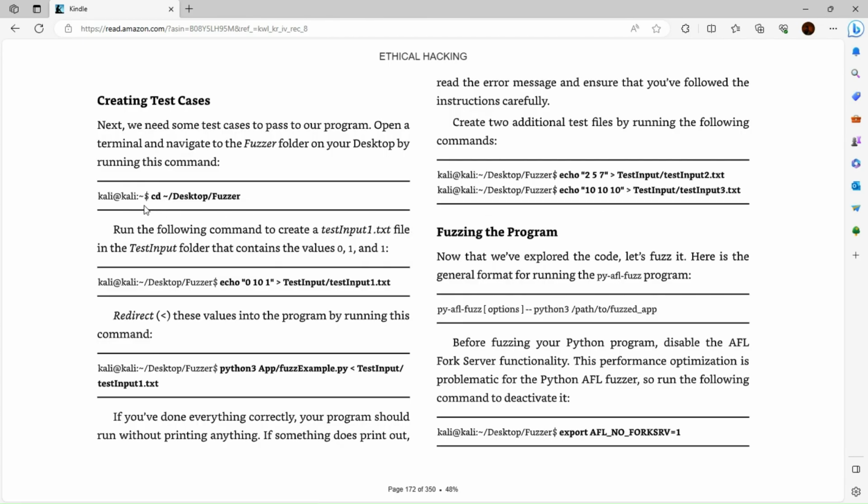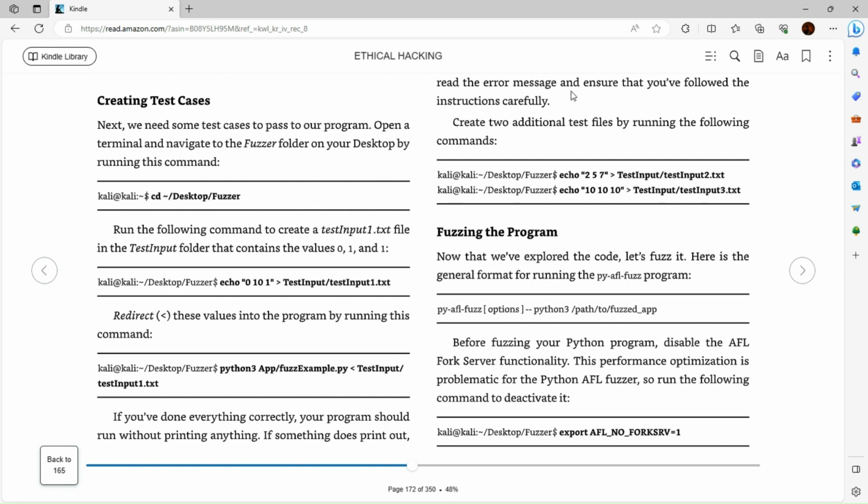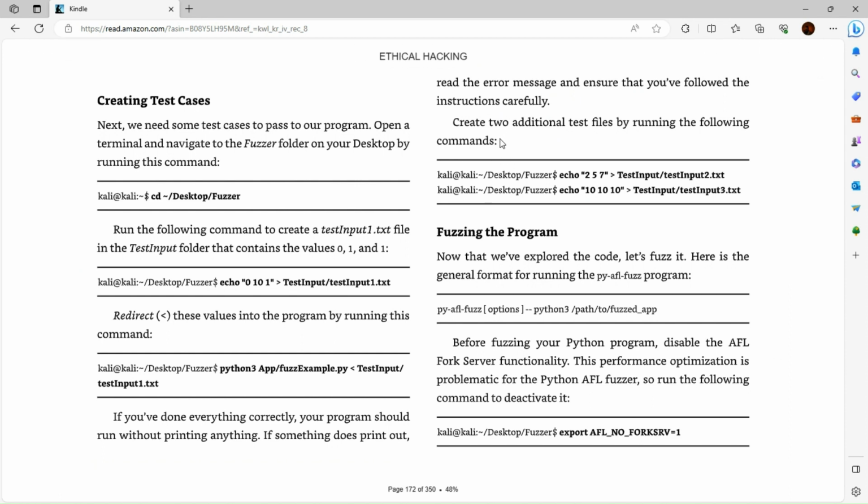Okay, so we've got these inputs piping into, redirecting into our application. If you've done everything correctly, your program should run without printing anything. Okay, that's what it did. If something does print out, read the error message and ensure that you follow instructions carefully. And that's what we did, but I don't know if that recorded it or anything, but that's weird. I'm gonna have to rewatch this. But anyways,